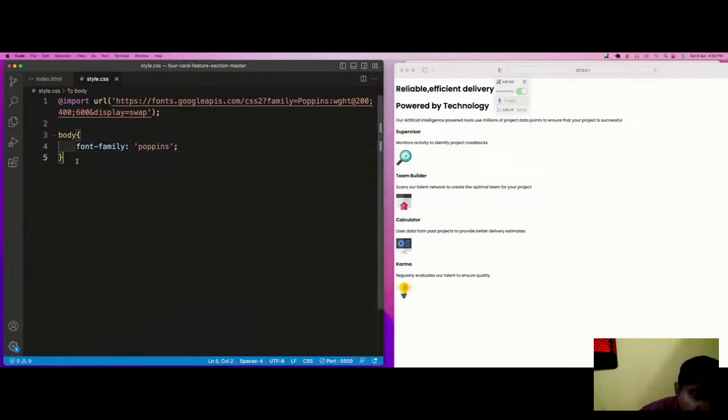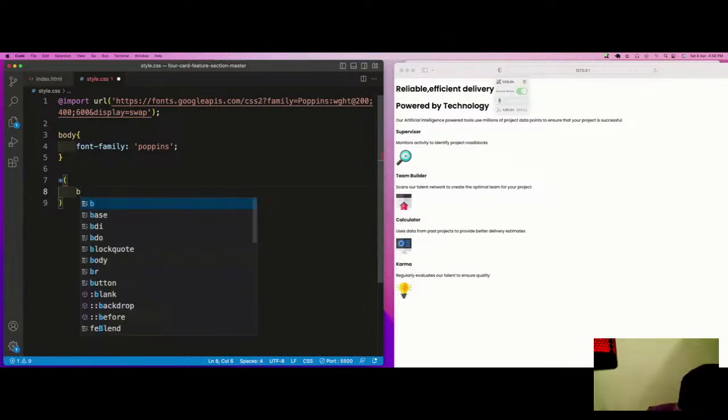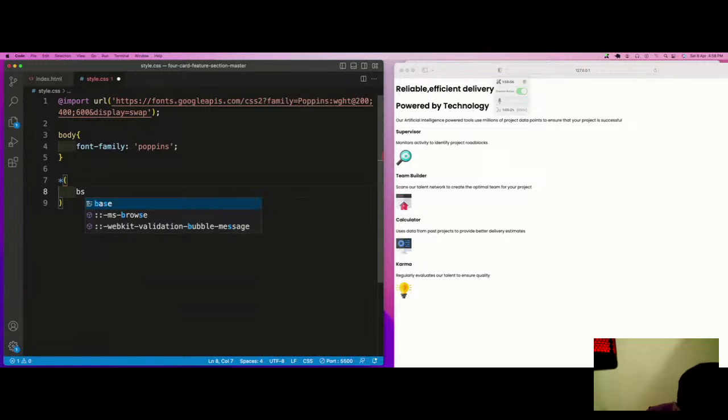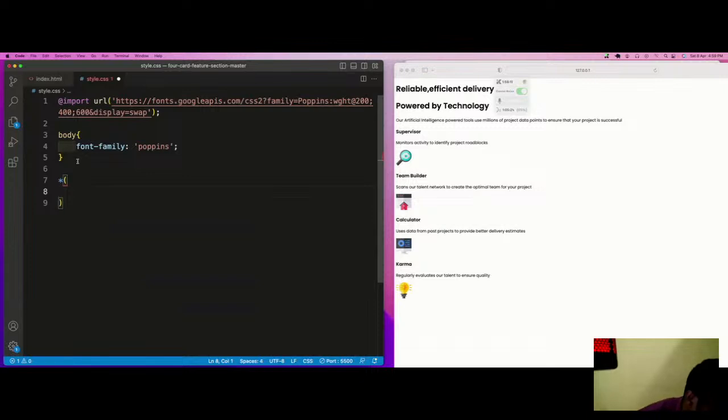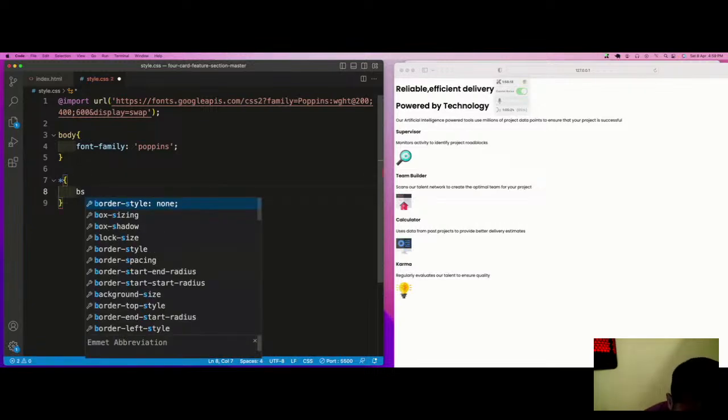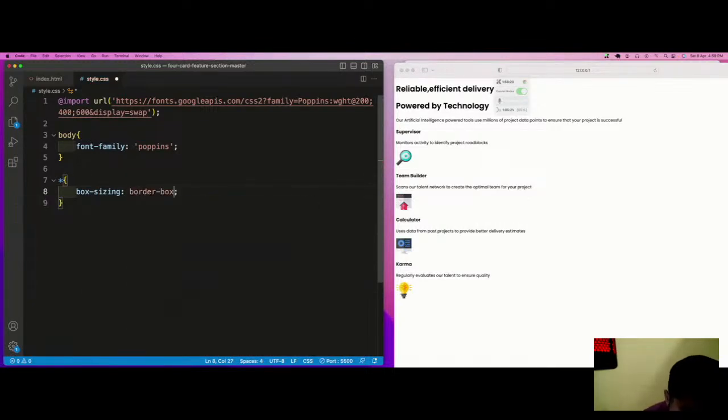Now after that, we use a star and we'll use box sizing border box.